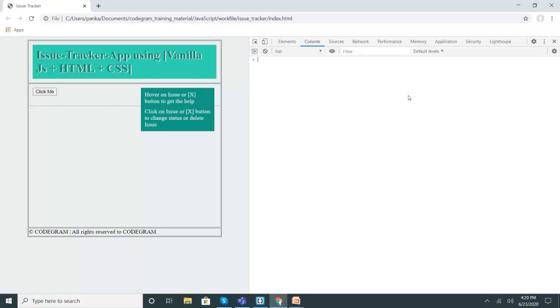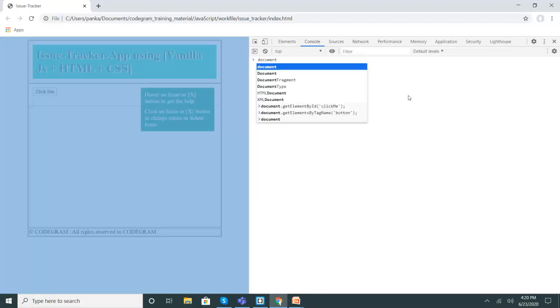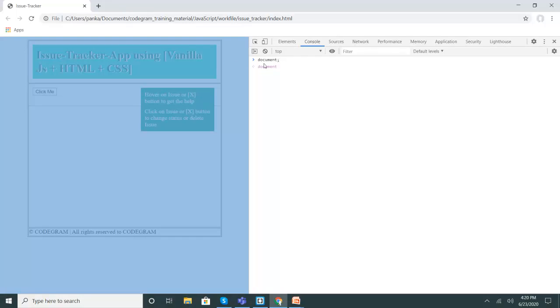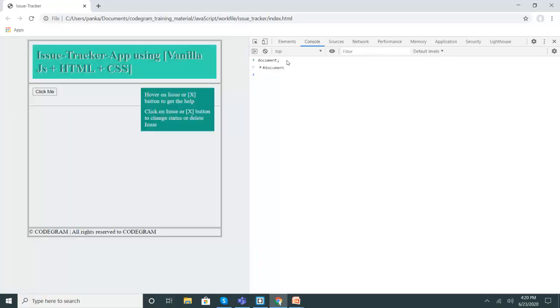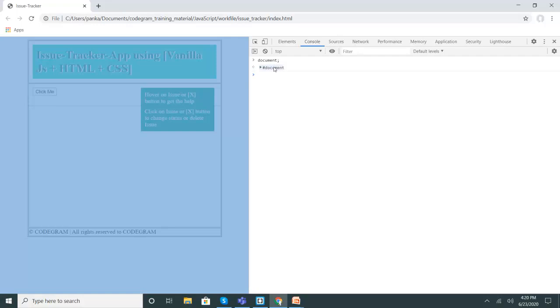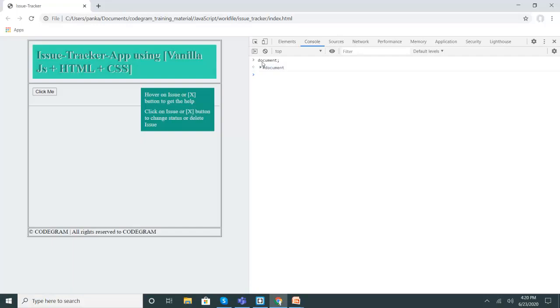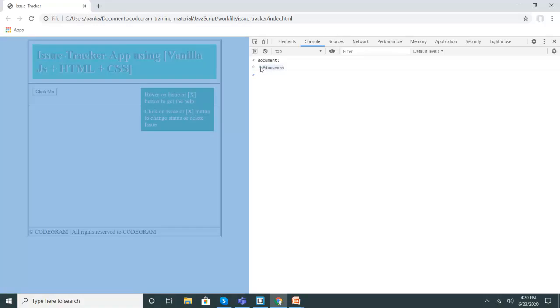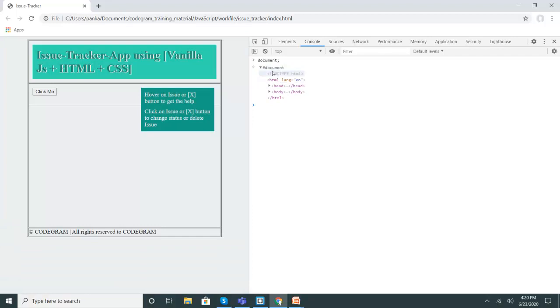When I type document, simple document, you can see that it is selecting the whole document on this side. Once you click enter, it is showing this document as an object. Once you open this, you will get the complete document structure over here.